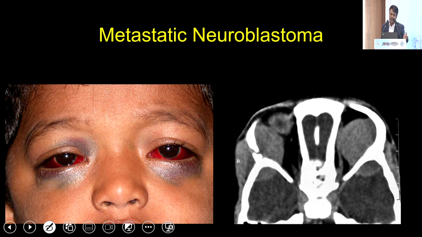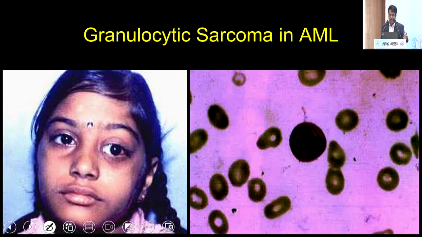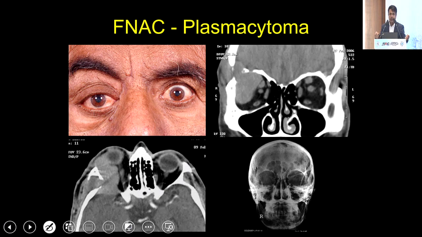You simply refer the child to a pediatric oncologist. If a child were to have acute proptosis, left eye acute proptosis, subconjunctival hemorrhage, and on seeing the fundus you have roth spots, this has to be granulocytic sarcoma. You simply do a peripheral blood smear. Don't subject this child to the risk of anesthesia and a biopsy. Peripheral blood smear confirms the diagnosis, and there the child goes to a hemato-oncologist.